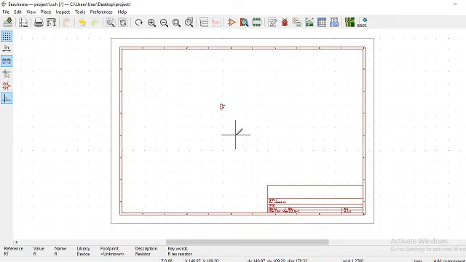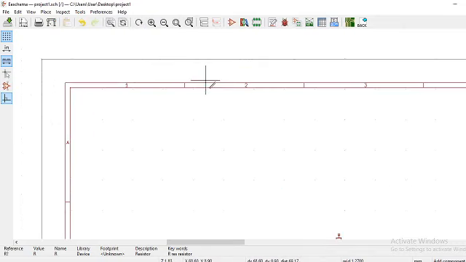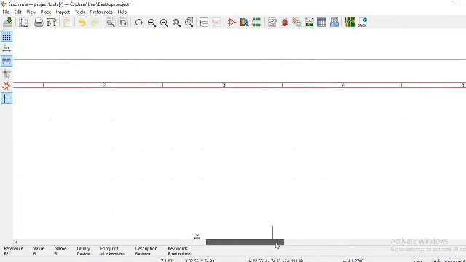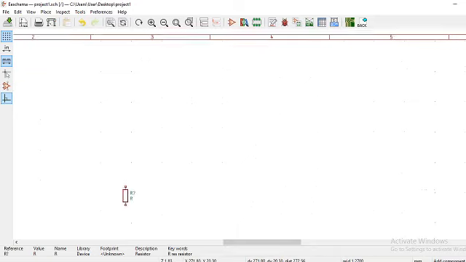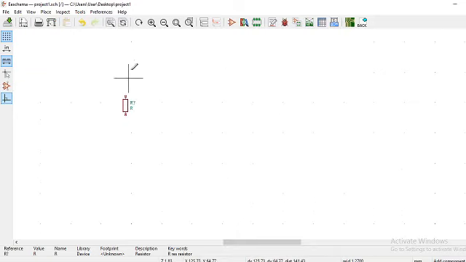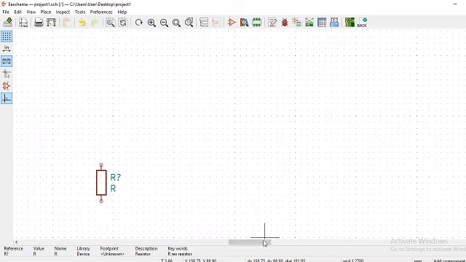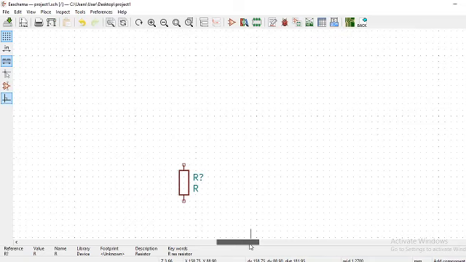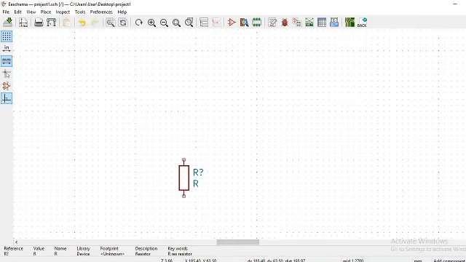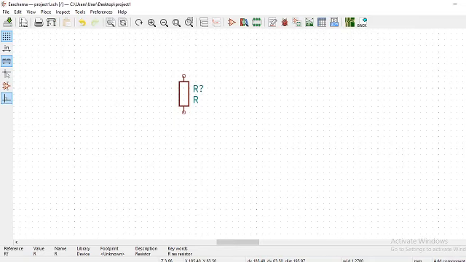To zoom in and zoom out for better view, use the scroll button of your mouse. You can also use F1 and F2 keys to zoom in and zoom out respectively.